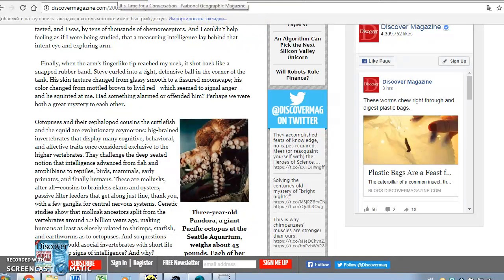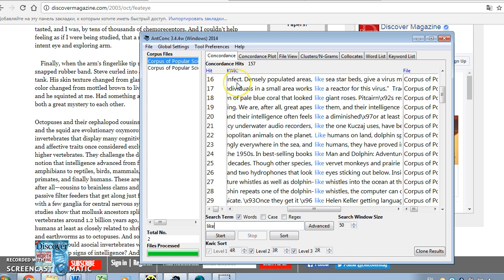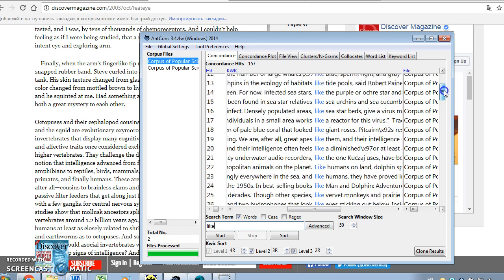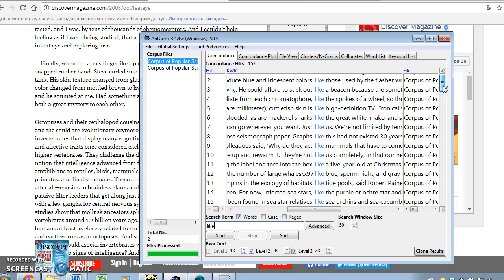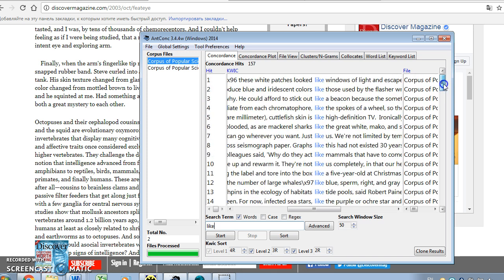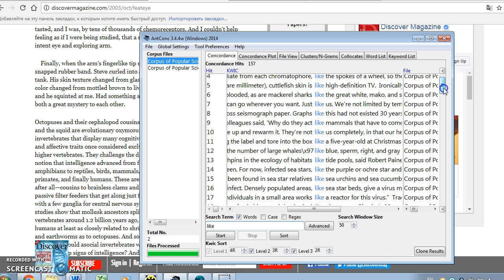So now these things are already ready in general, and I've already experimented a bit with some corpus tools. So as I understand it by now, Encon could be quite useful for extracting the list of those similes, mostly using the concordance option in this tool. And for example, if you take like, because like is a component of many similes, we will notice that while some of these expressions maybe are similes, but many of them are not real similes.